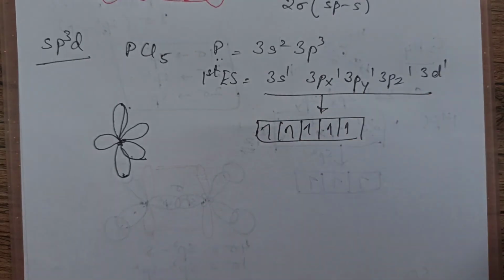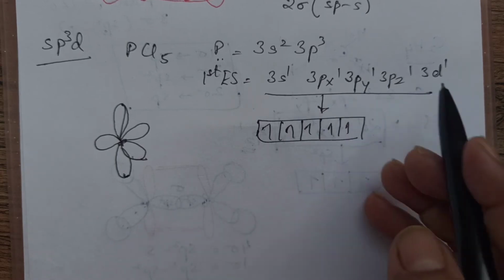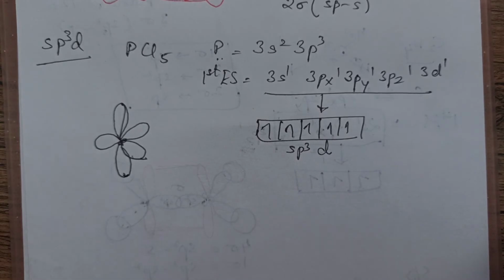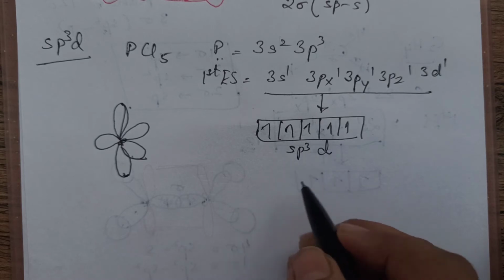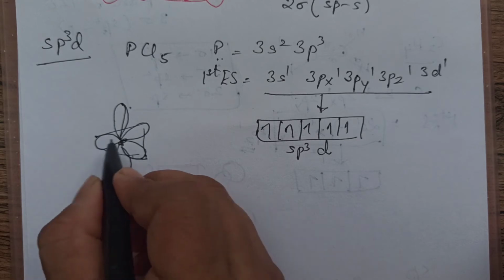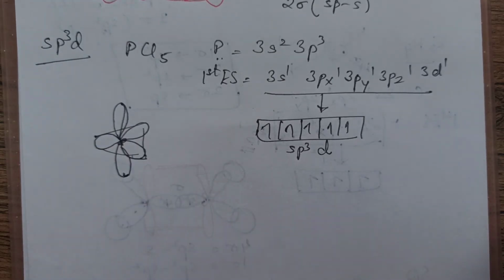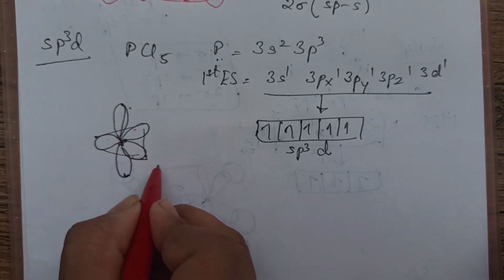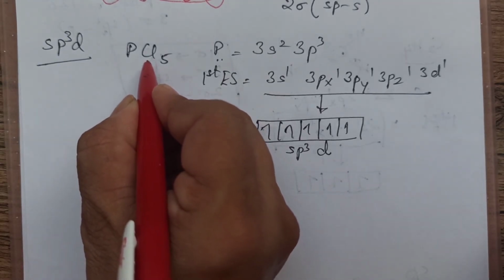All these will intermix. 3s, all 3 p's and D will intermix. So 5 are intermixing. You will get 5 sp3d hybrid orbitals. And each hybrid orbital has the same shape. One big lobe and one small lobe. And 5 hybrid orbitals will be arranged in this manner. These 3 are in the same plane, trigonal, bipyramidal, one above the plane, one below the plane. Now these are all hybrid orbitals, sp3d hybrid orbitals. These will now overlap with the surrounding element, that is chlorine.